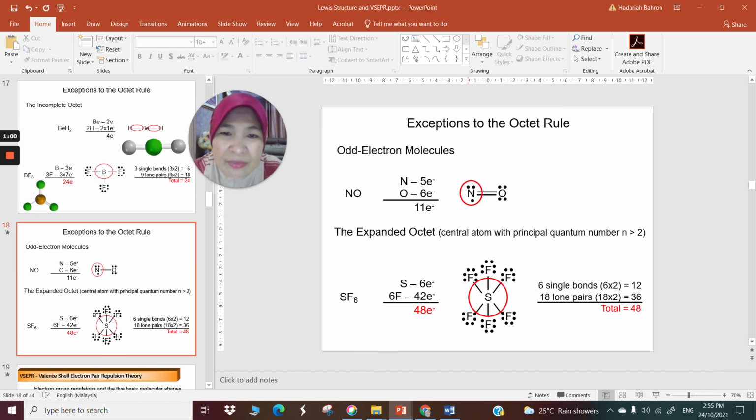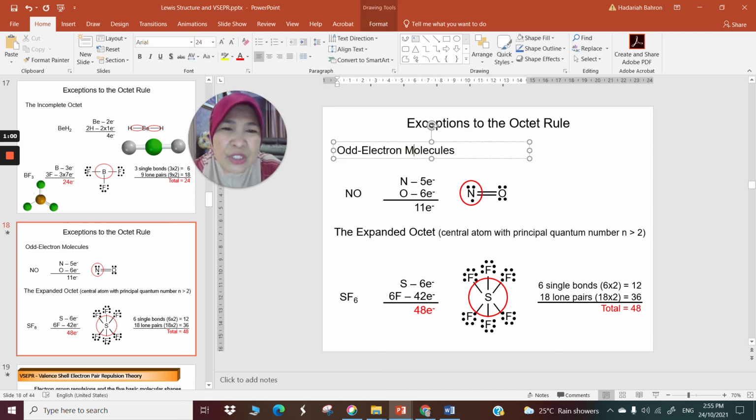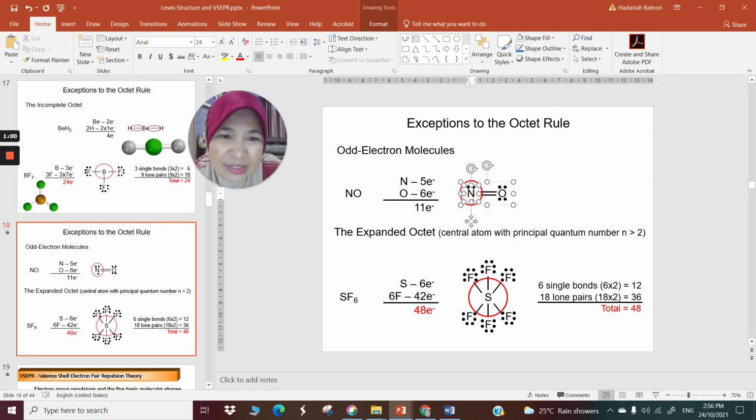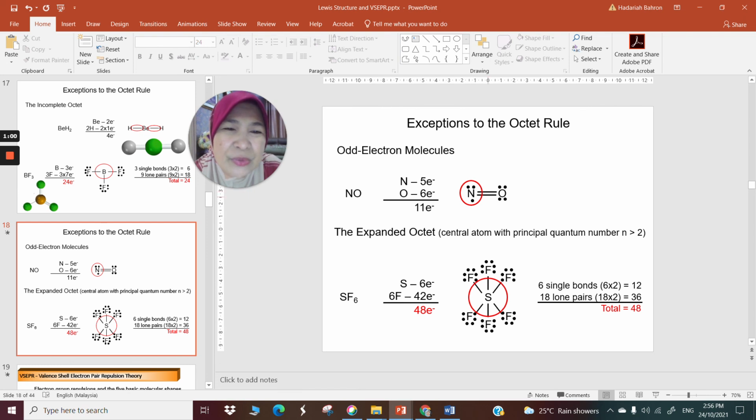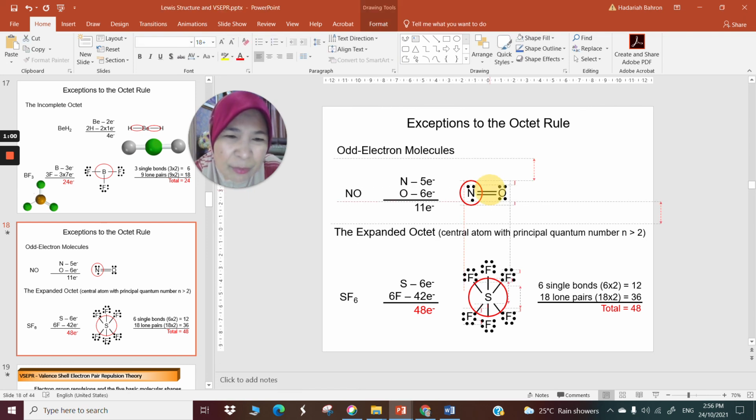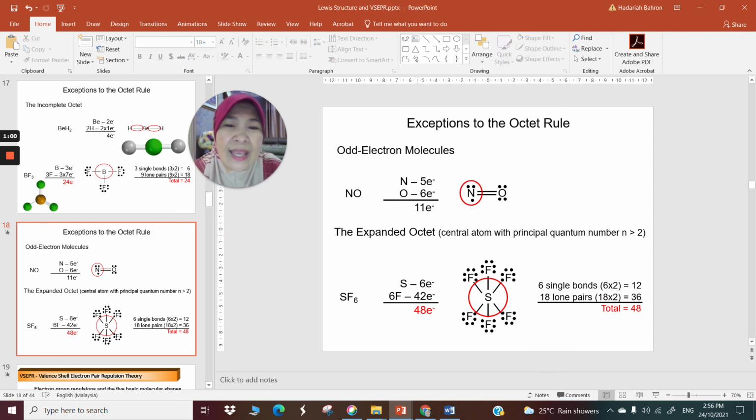You may also have another type of exception to the rule where you have an odd electron molecule. You will find NO, the nitric oxide molecule, quite stable. You're going to see that your nitrogen here doesn't have 8 electrons. It has 1, 2, on the bonds you have 4, and then plus 3 electrons. You're going to have only 7 electrons for nitrogen, and that is fine. That is the exception. So these are the 2 exceptions so far, and you're going to also see expanded octet